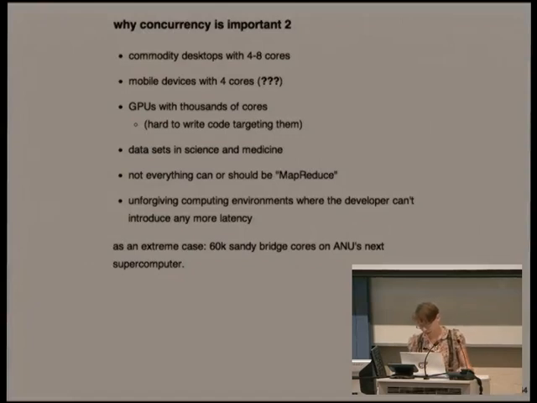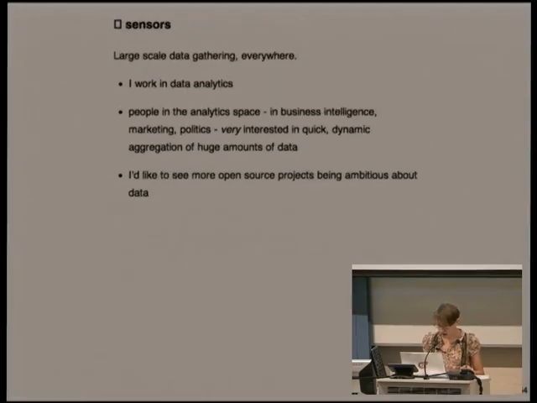I read in one of the abstracts for later in the conference, one of the people from ANU who's lecturing said they're soon getting a supercomputer with 60K Sandy Bridge cores. And apparently it runs Linux. So presumably you could write applications that target that. I don't know if it runs one instance, but one of the reasons that parallelism is important